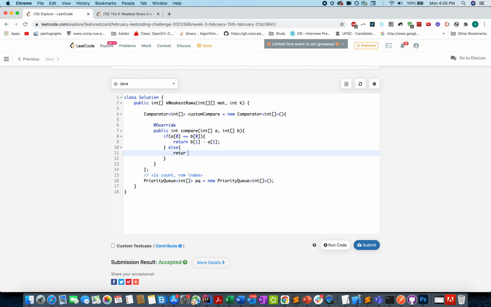Else we will return, since these are unequal, so the decision will be based on the number of ones count, and the higher one will be rejected. So let's dump in elements into the priority queue. For integer i equals to 0, i is less than mat.length, i plus plus,